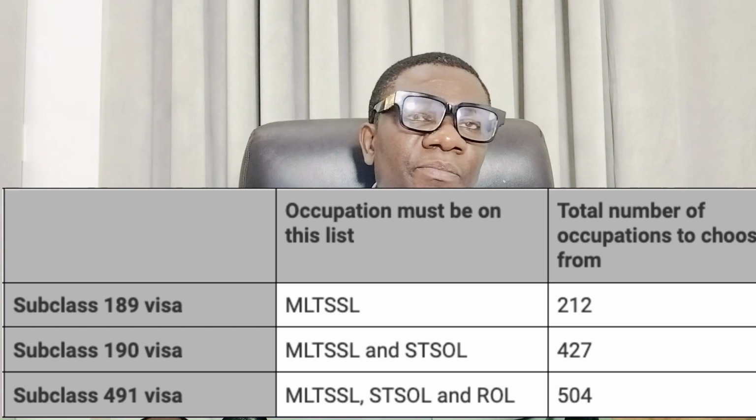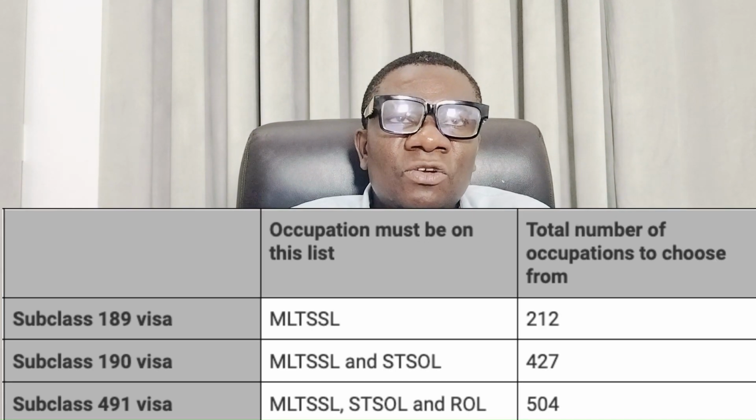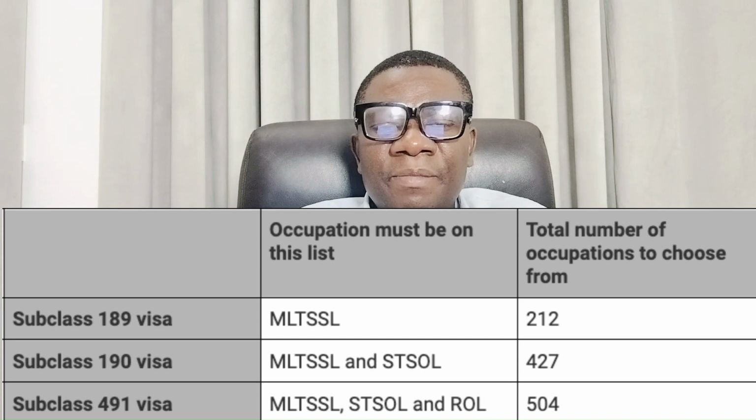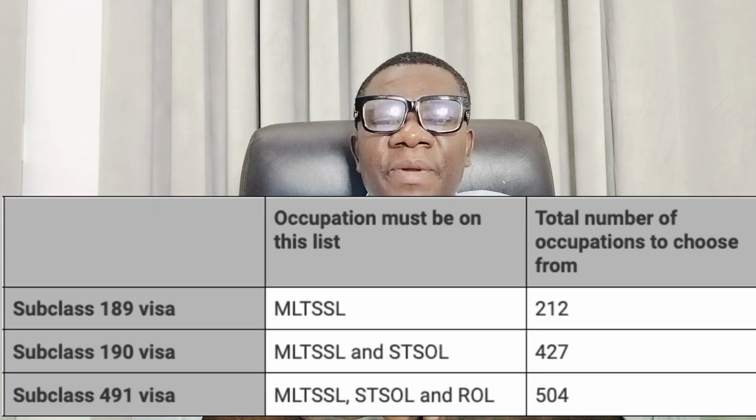But apart from looking at the skill, there is a lot of information which most times people don't look at very carefully. You can also look at the visa options you have for your skill. For example, if you go to New South Wales and type chemical engineering, you realize that you could go through 190, 491, and many other options which are there. So you look at all these options, which of them you meet the requirements for, and which of them would be easier for you.